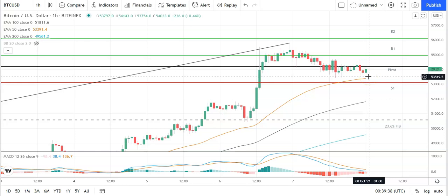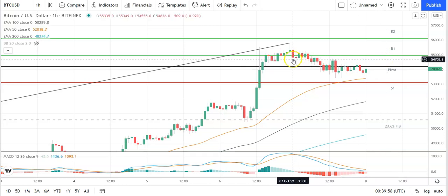Looking at Bitcoin against the US dollar and the hourly candlesticks, bullish start to the day. Going to see Bitcoin move through the pivot at 54,192 to take a run at the first major resistance level at 54,954. Support from the broader market will be needed for Bitcoin's breakout from 54,500 levels. So barring an extended rally on the day, expect that first major resistance level and yesterday's high at 55,349 to